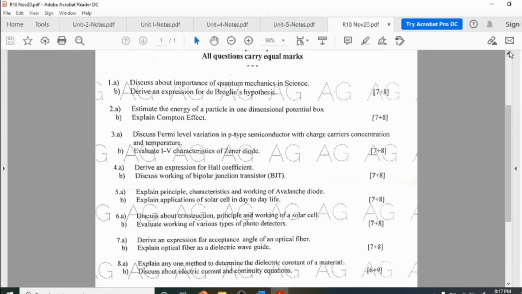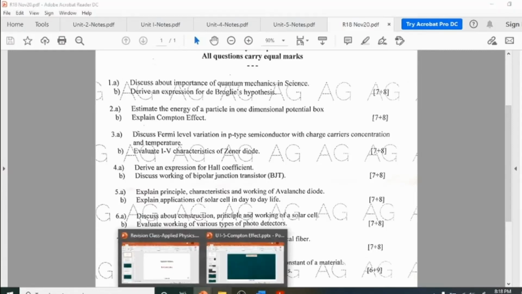Now one of the questions that have come is, what is the importance of quantum mechanics in science? These are generalized questions and this was given for 7 marks. How to answer such a question? Understand, to answer such questions you need to have a brief knowledge about quantum mechanics. So what is quantum mechanics? What is the difference between quantum mechanics and classical mechanics? Now let me tell you, to answer this question you can go to the